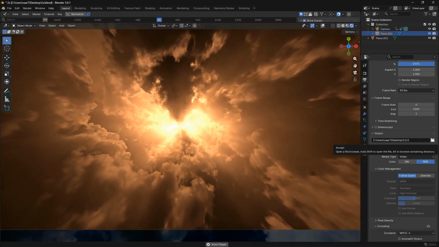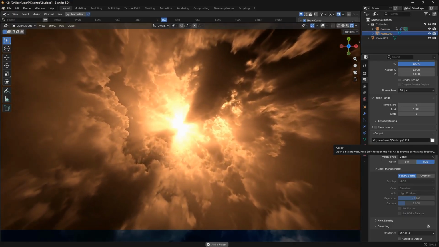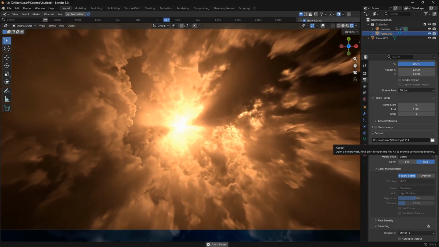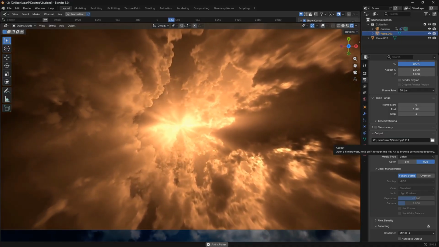Okay, so in this tutorial we are going to learn how to create this sun effect here. And we're also going to create the sky, and we're going to put it all together in a perfect seamless